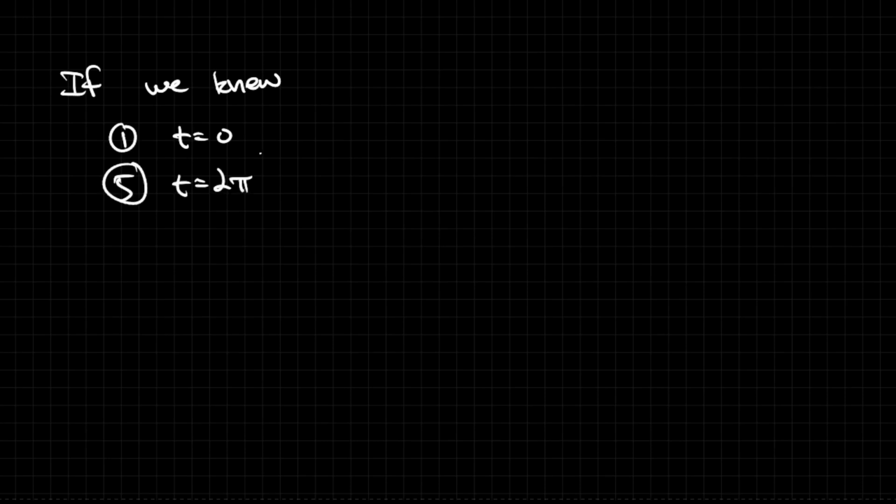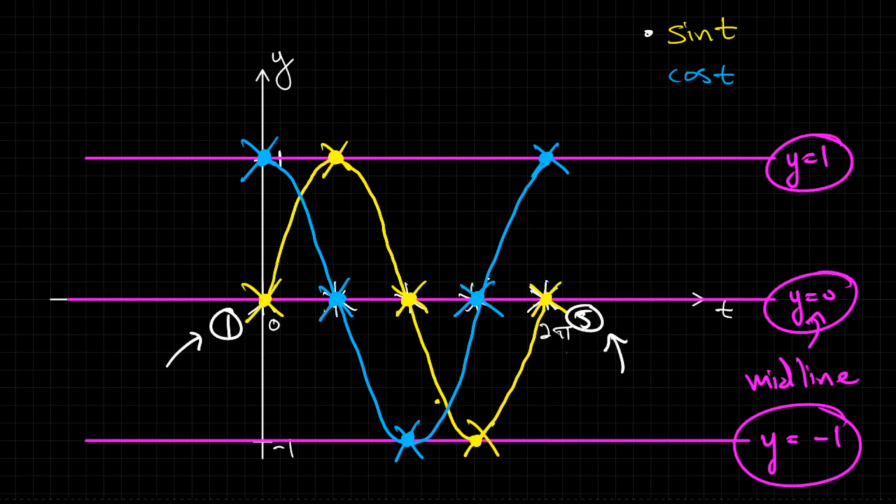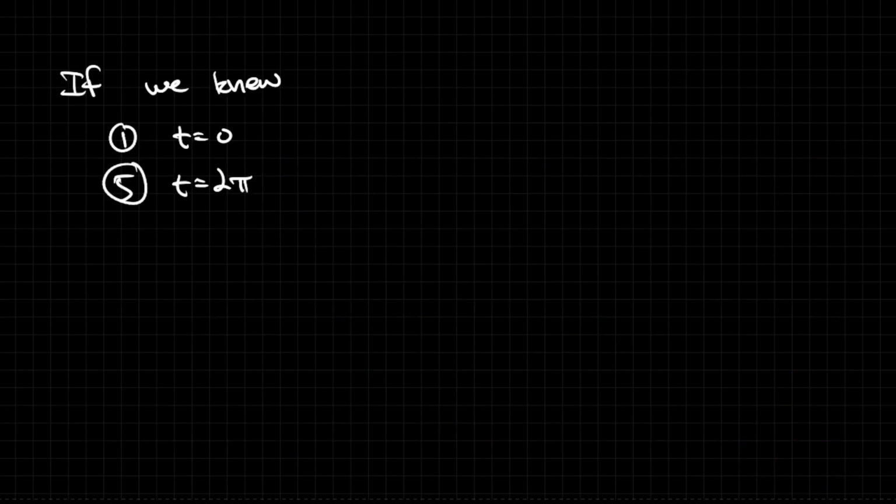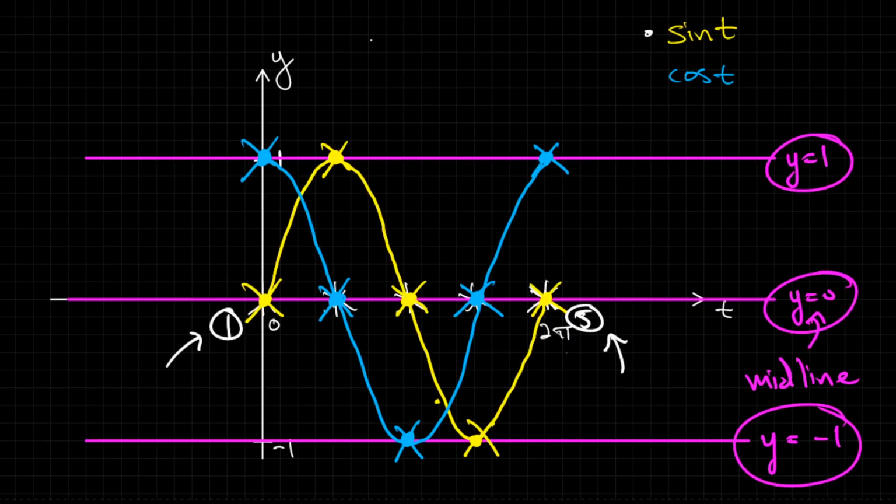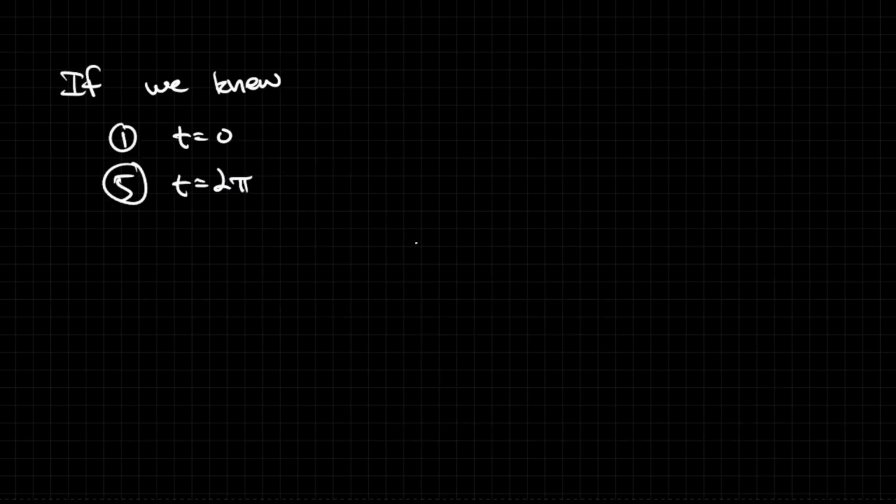So if we knew that the first one was t equals 0 and the 5th one was t equals 2 pi, like we have in this drawing here, and we wanted to split up the interval between 0 and 2 pi and find these 3 other equally spaced points, then I think the easiest way to think about this is first find this 3rd point, which is halfway between the 1st and the 5th. So this 3rd t-coordinate would be halfway between t equals 0 and t equals 2 pi, and to find a